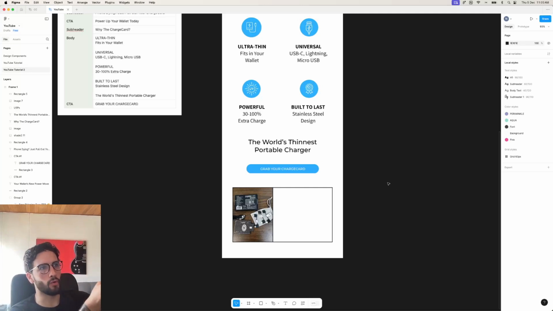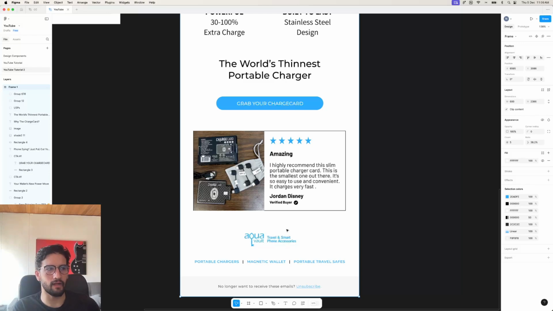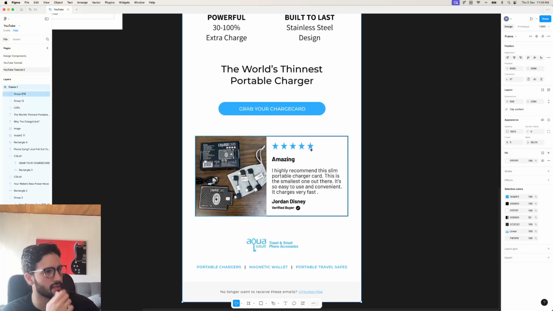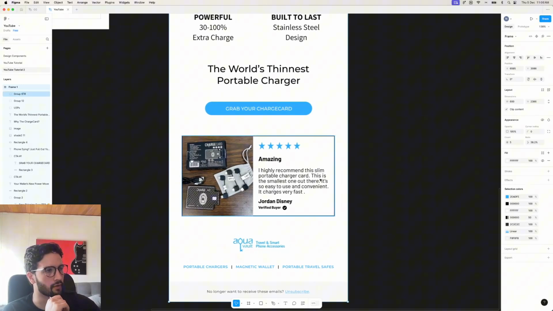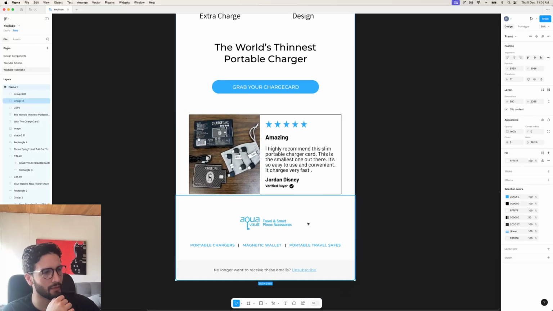So let me go onto the internet. I'm gonna find some stars to illustrate the social proof. So let me get back to you in a second. Okay, so I basically ended up doing the entire social proof component. What I did was I just copied some icons here with the stars and just placed the copy there from the testimony on the website, and then I added the logo here again,